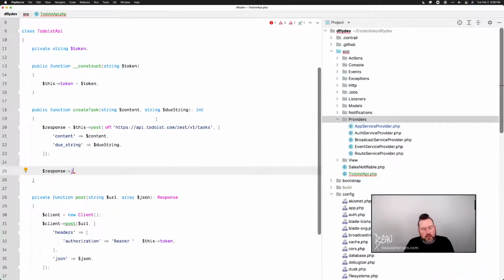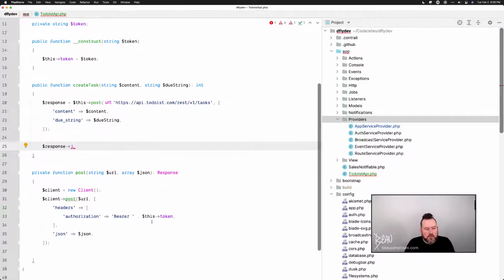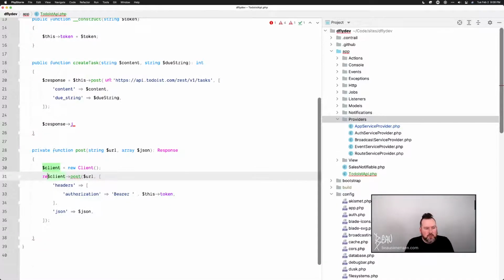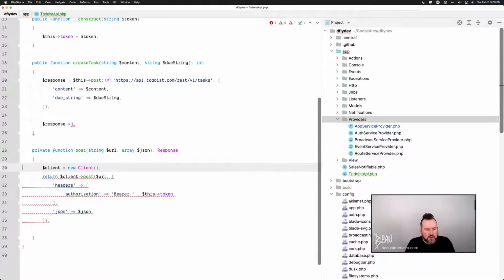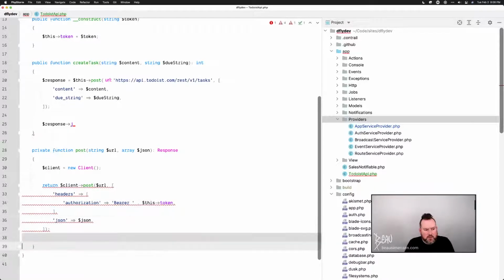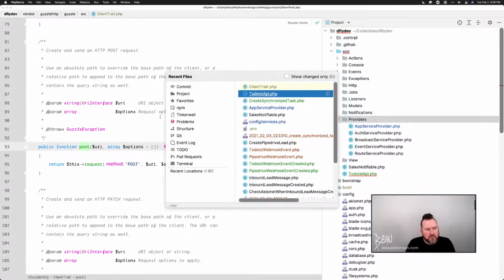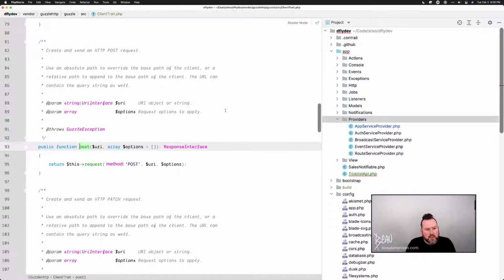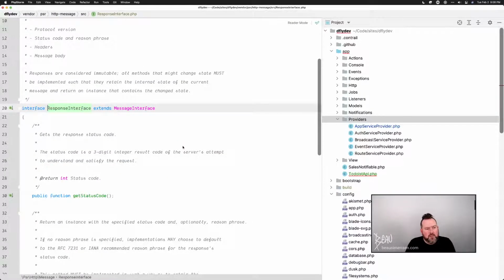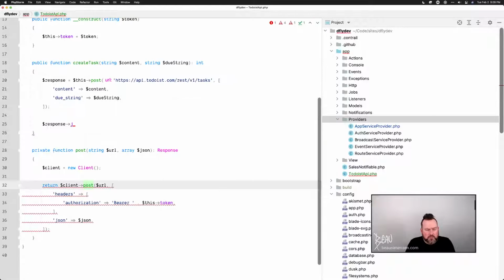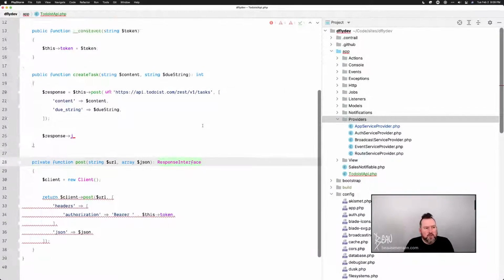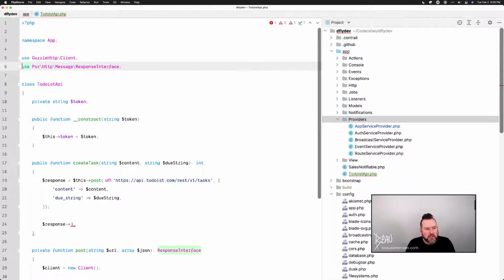What does this return? Response interface. And that is all right, so back here,